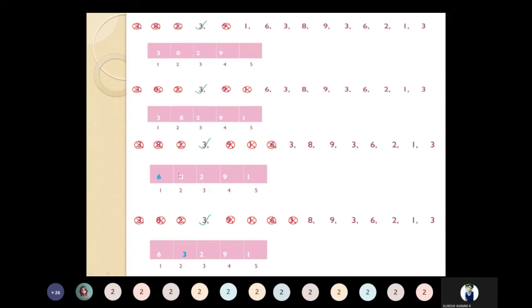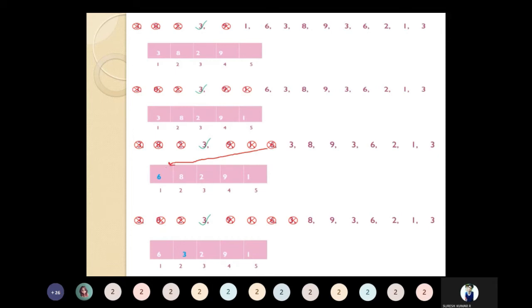I look at this page frame. 6 is not present here, so I must place the sixth page. Here my algorithm is first in first out. In these 5 pages, which one entered first? It is easy: 3 entered very long ago, at the beginning. That's why this 3 is replaced by the sixth one.